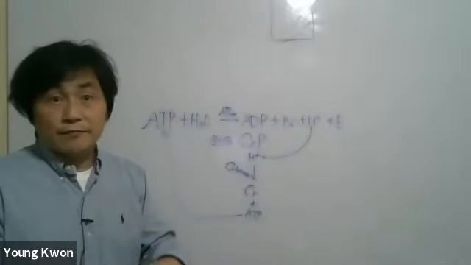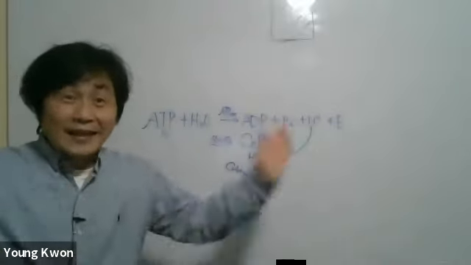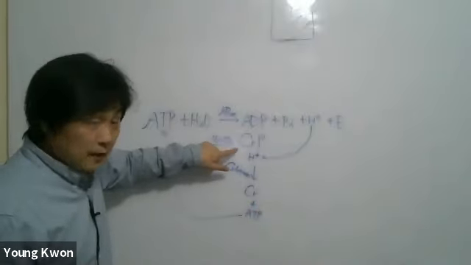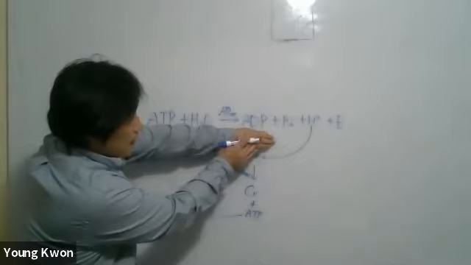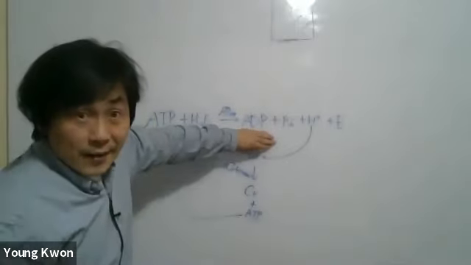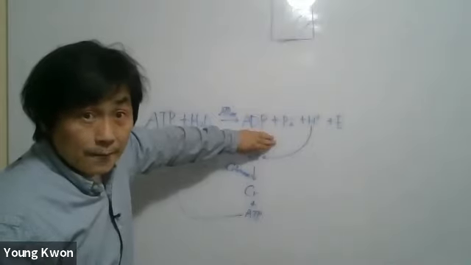So this reaction is nullified, not available anymore. After 10 to 15 seconds, no more creatine phosphate, so we cannot use this metabolic pathway. How about class? Does it make sense?